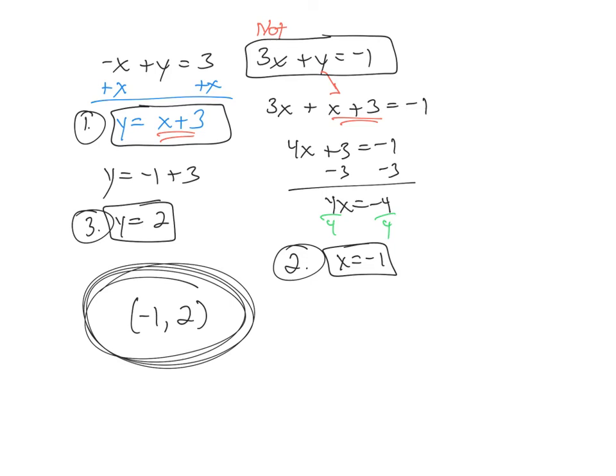Some of them are already y equal or x equal. Some of them you will need to get x or y by itself first. Remember to choose the one where x or y does not have a number in front of it. 1,000 times easier to do when it's like that. Okay? A lot of work to show on these. You can see, like, there's one screen and at least half of it's taken up with one problem. Okay? Substitution. So